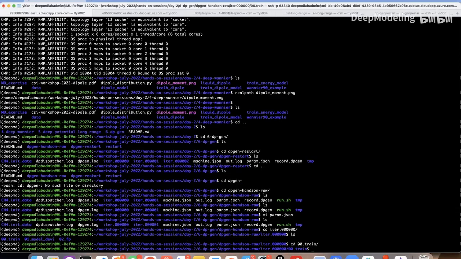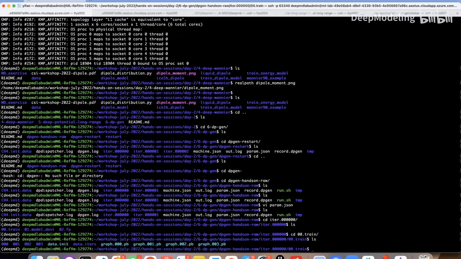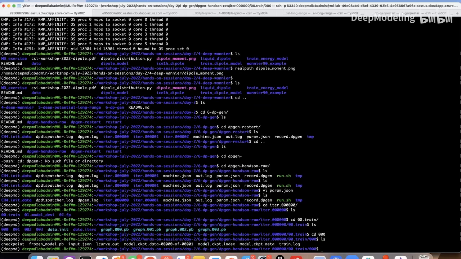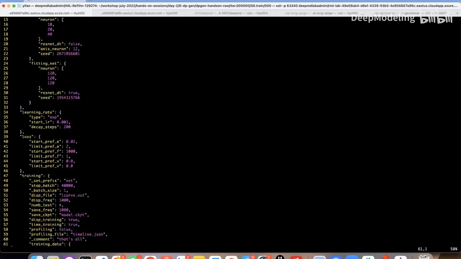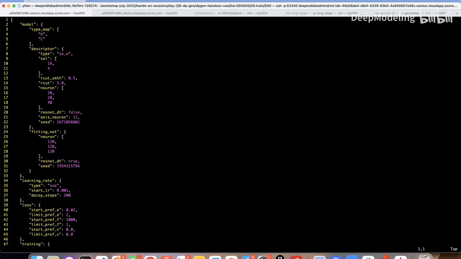We first enter 00.train, and you will see that there are 4 folders, 000, 001, 002, and 003. These 4 folders are actually the training directories of 4 models. So we enter 000, and you will see that at least there is an input script for DeepMD training. So this is a DeepMD training script,